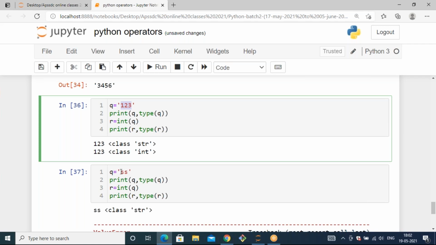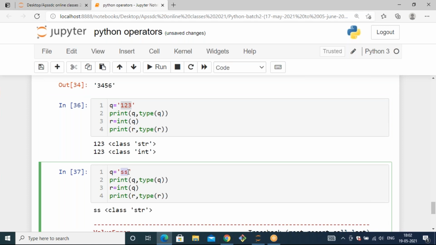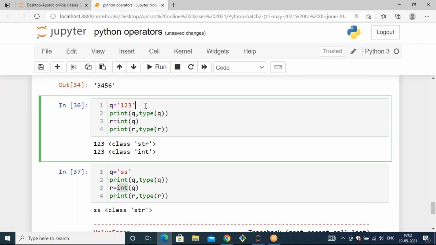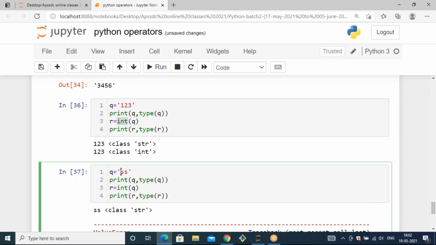But whenever you have string data like alphabets, it's not typecasted as an integer. That is the difference here. Whenever you have a string like integers, you can typecast that string into an integer by passing int as a typecast. But whenever you have string data as alphabets, it's not possible to convert those alphabets into an integer. That is the difference here.